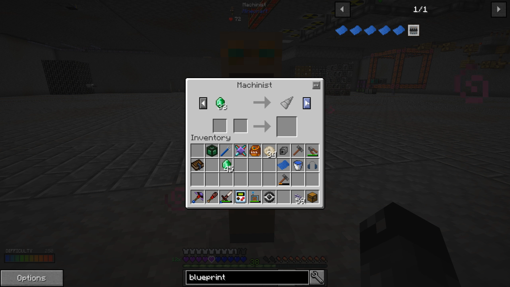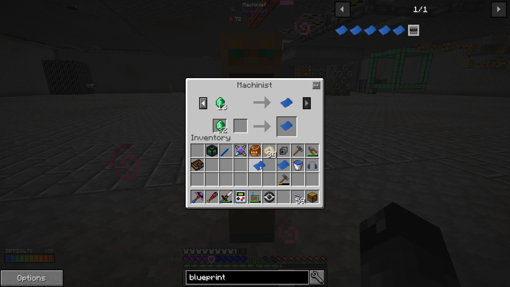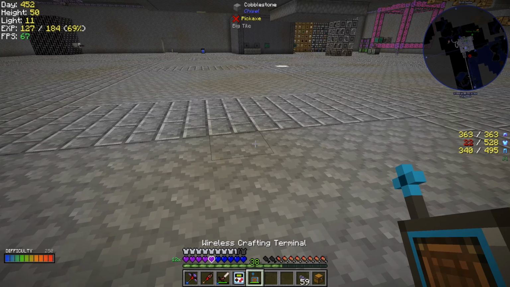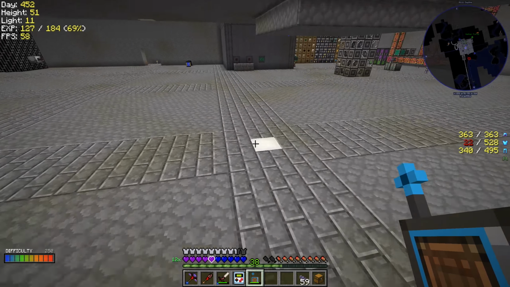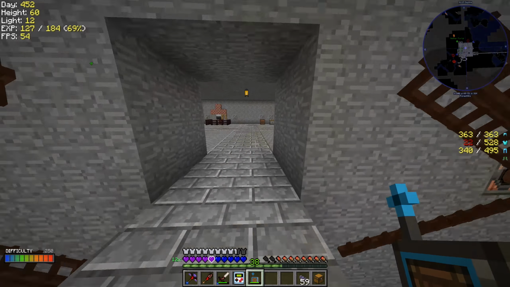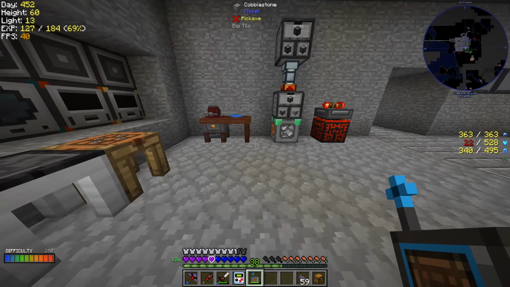Can't really tell if it started new particles or not. There it is, arc furnace electrodes. Oh yeah. All right, so we got that. We'll go ahead and capture you once again so we can spawn more villagers in later if we need them for any particular reason. But yeah, now that we have this, we should be able to put that into our engineer's workbench over here with some of our HOP